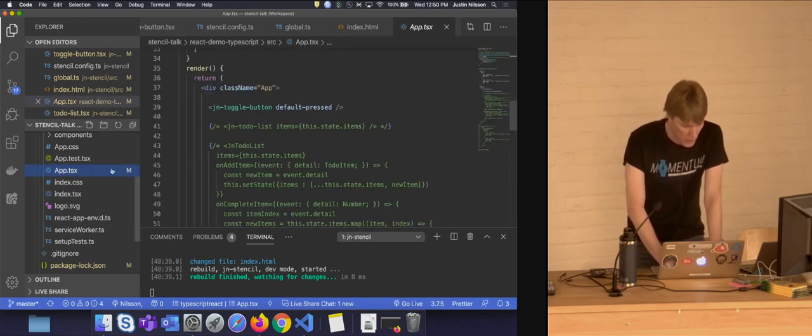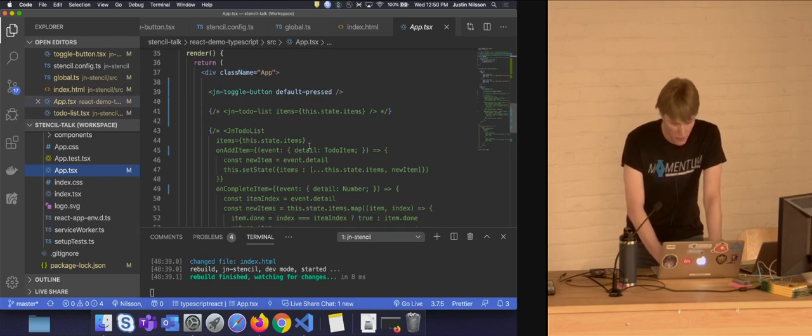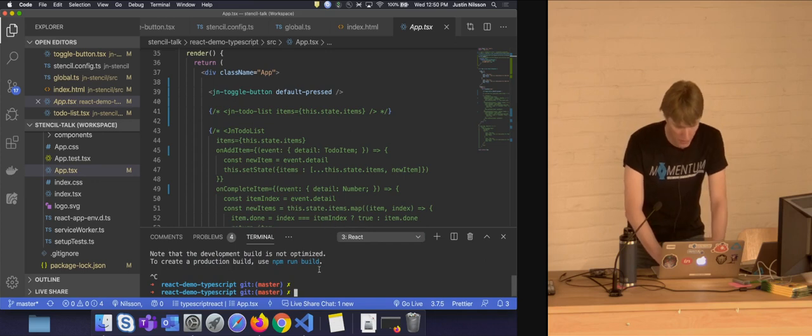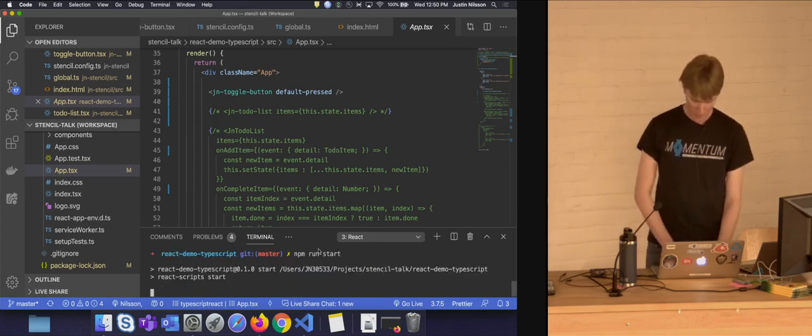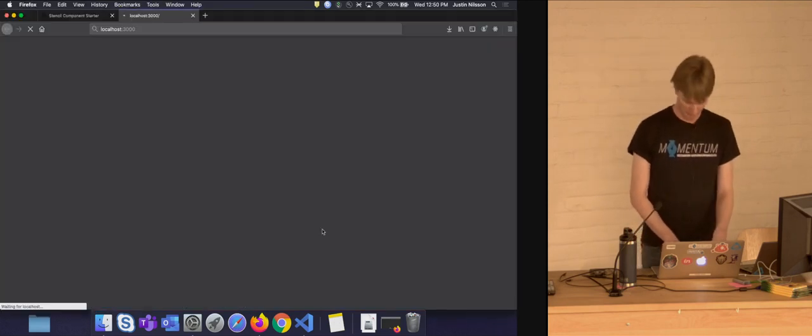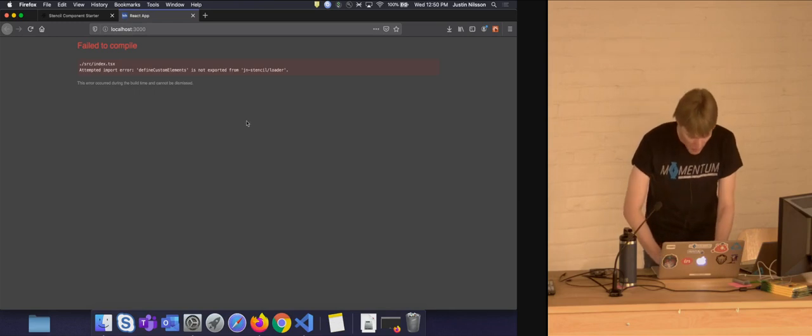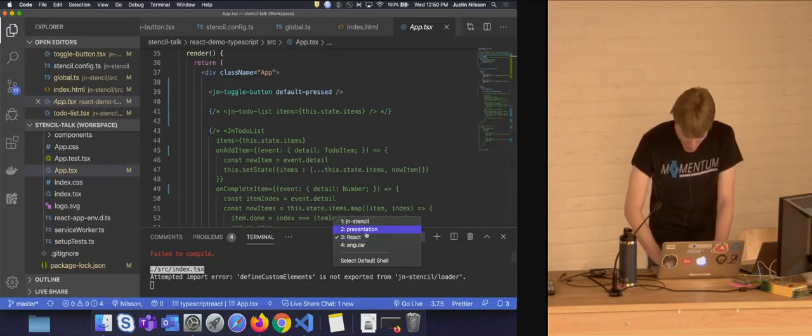So I will jump into the app.tsx here. Here's our toggle button. OK, cool. Let's go ahead, jump over to React. Just say npm run start. And we're going to see how this behaves. So give this a second. I'm going to have to actually build